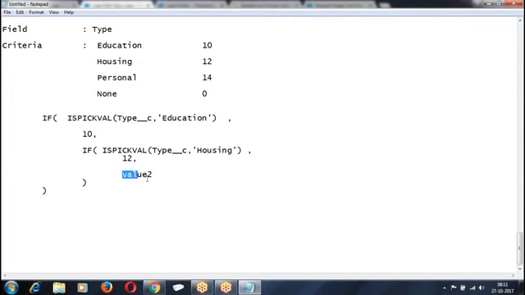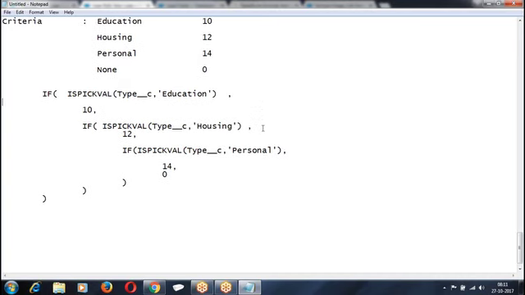Again, what am I giving? If it is personal, this is what we got.